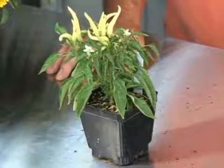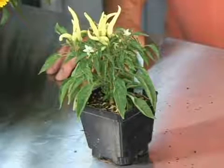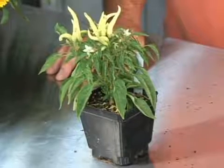Medusa pepper. You can see that this plant makes a nice ornamental plant, but also has the fruit that you can use as a vegetable also. Now the Medusa pepper is pretty hot, but a lot of folks like hot peppers. This plant also is used as an ornamental because of its beautiful